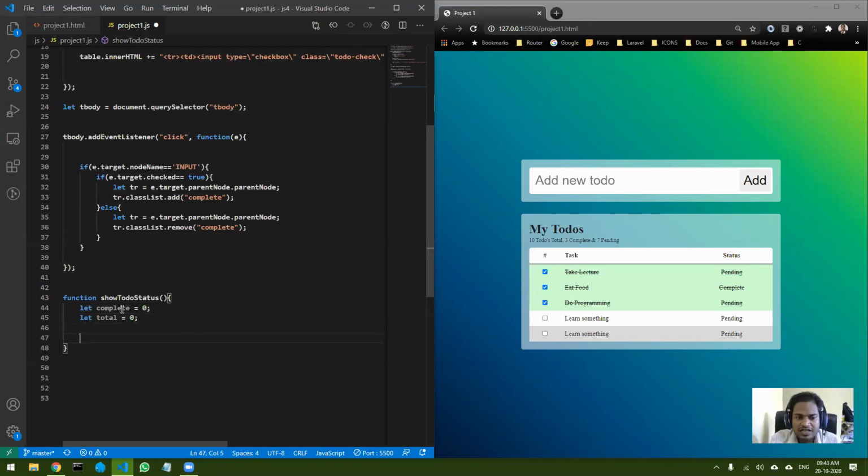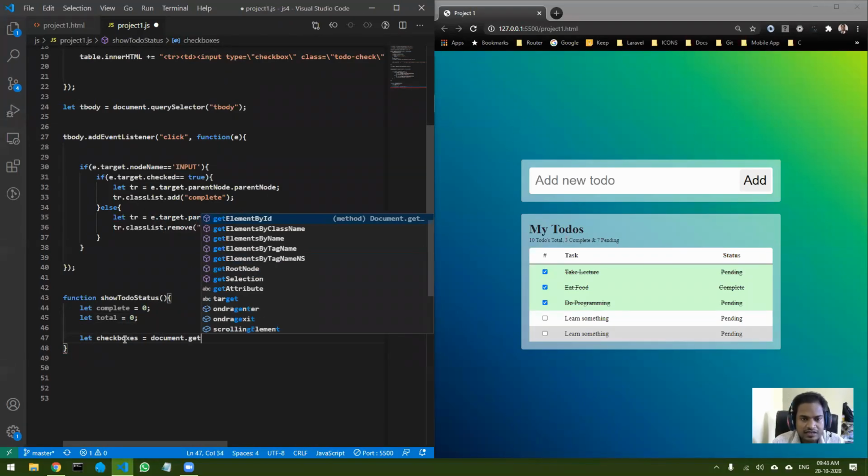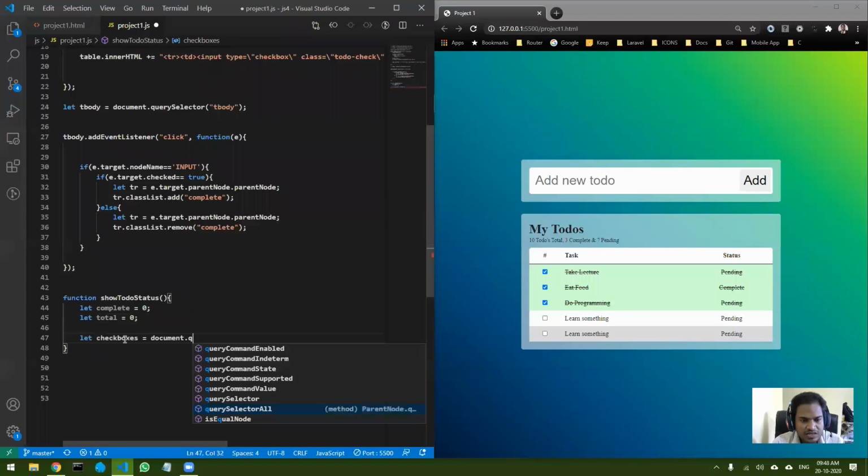Okay, so next I want to get the checkboxes. We can do a simple query selector. Let checkboxes equal to document dot, sorry, it is querySelectorAll, because there are multiple checkboxes, right?